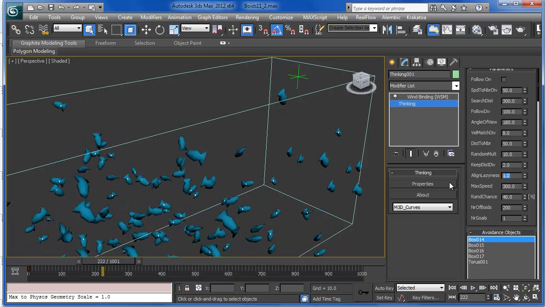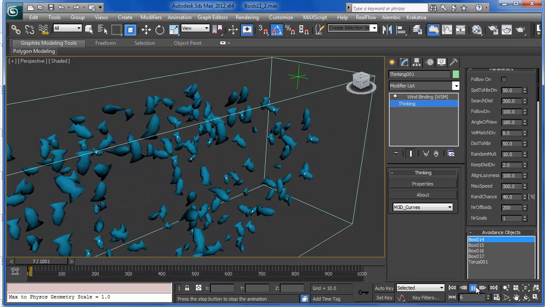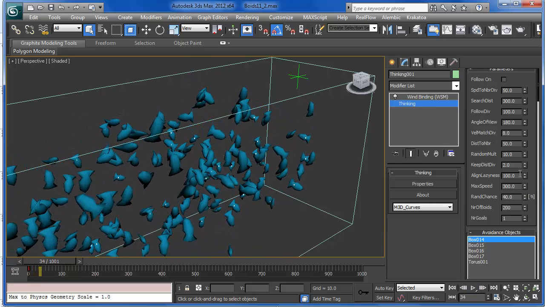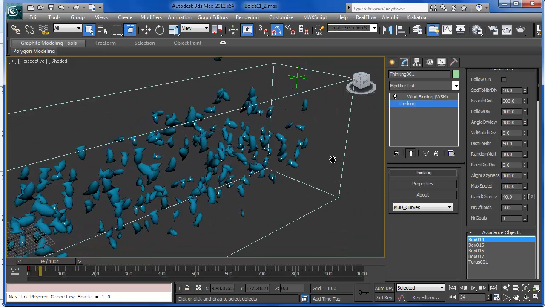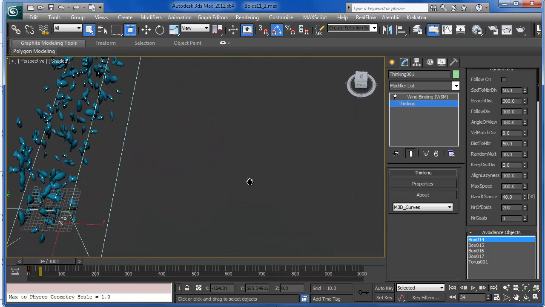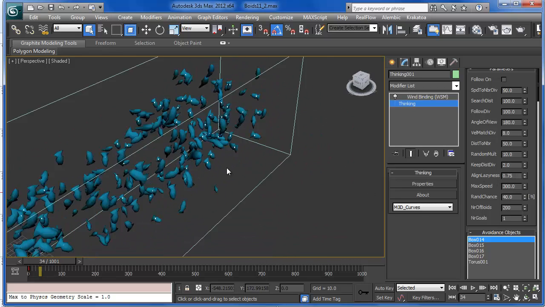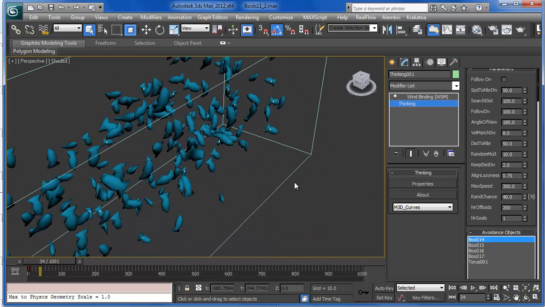Yeah, so the bigger the laziness, the less rotation interpolation they will get. So lower will snap them. I found that 0.75 is the best value,